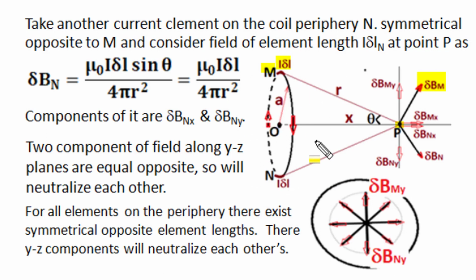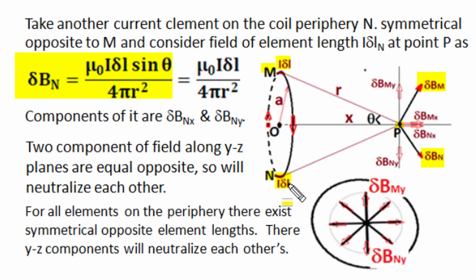carrying n turns of this coil, let's use symmetry of this coil current distribution with respect to observation position and choose another elemental current length at position N which is on periphery just diametrically opposite to M, and let's find out elemental magnetic field flux density contribution at point P by this current elemental length of position N, and as per Biot-Savart law, this is again mu 0 I delta L sin theta upon 4 pi r square, where theta